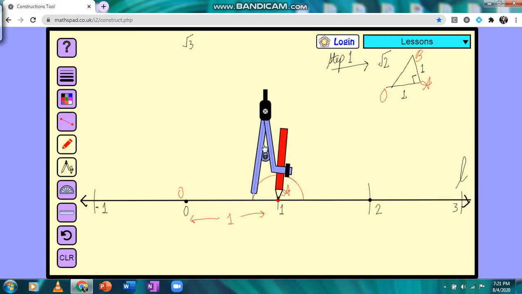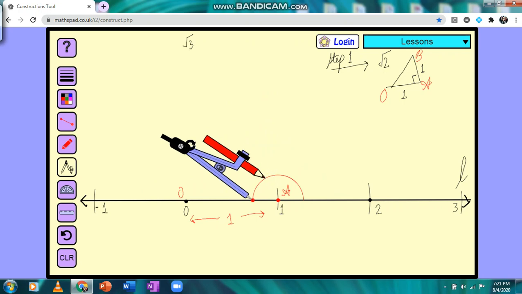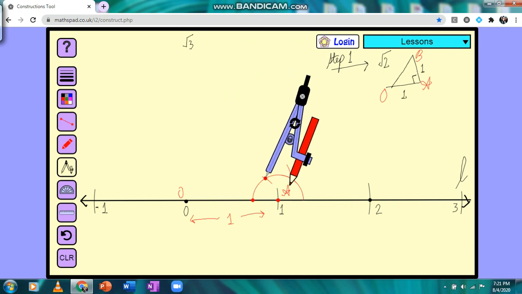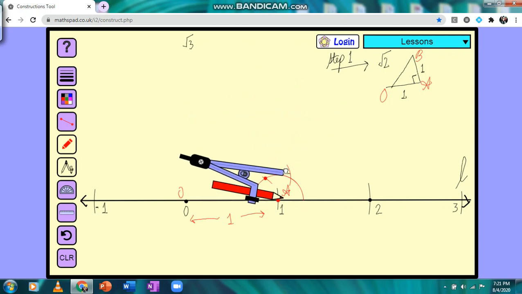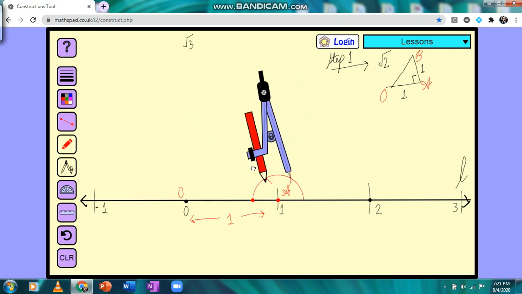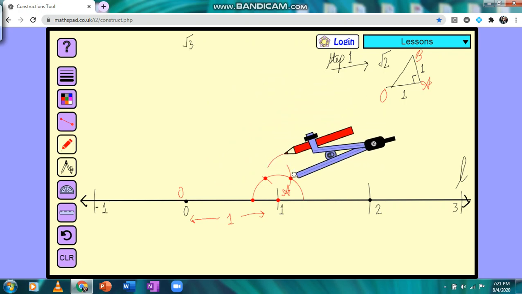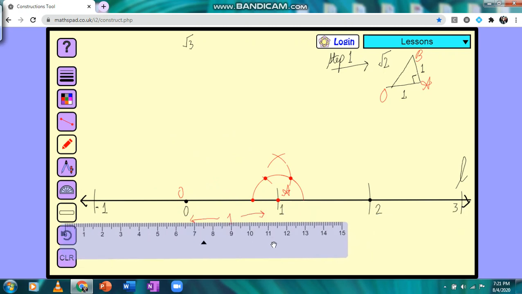And then with the same radius, we want to do 60. Taking it further, this is 120 and a little arc from 120 on the top. Let's do the same from this point. Using the ruler,